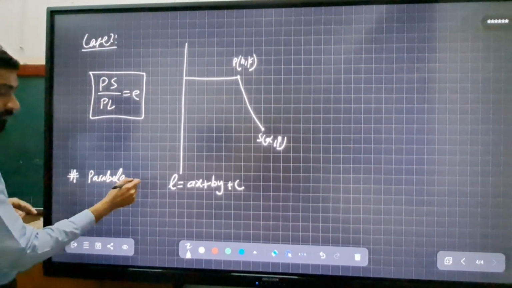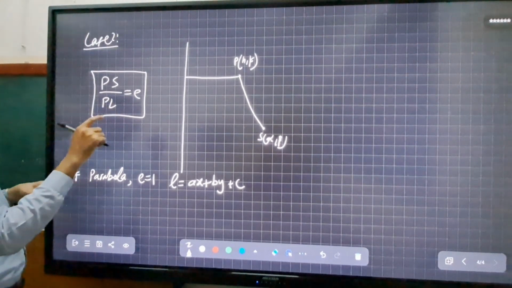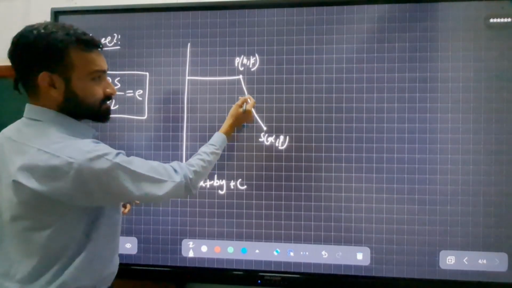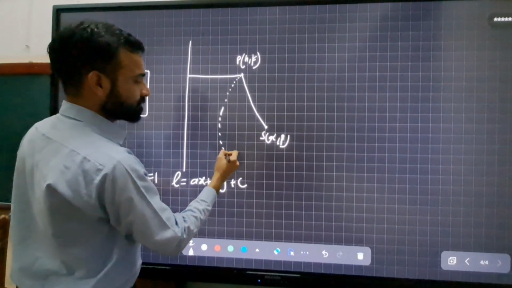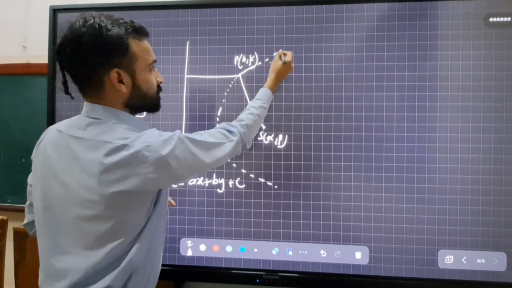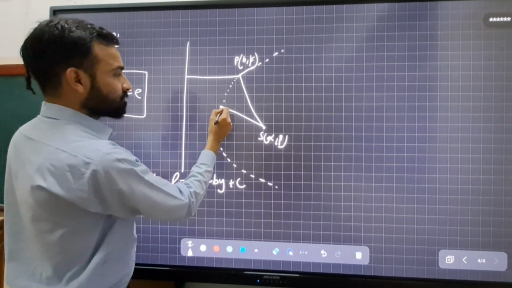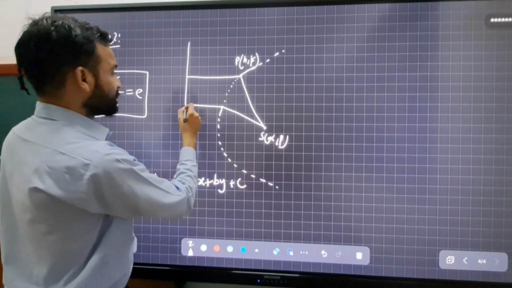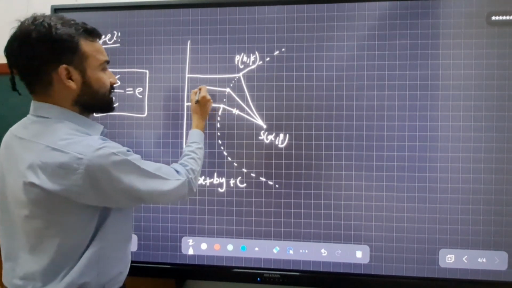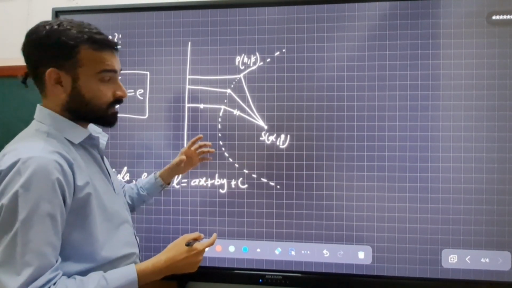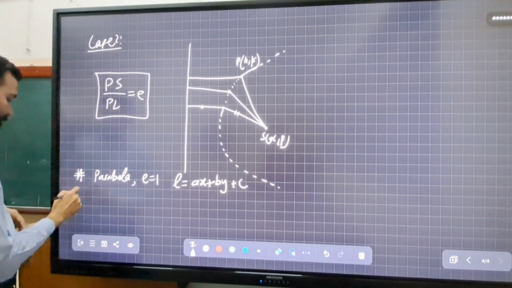Parabola if E is equal to 1. That means if the ratio PS by PL is 1, both are the same. If lengths PS and PL are the same, and we trace this point P, we will get a parabola. This is the focus. Similarly, if I take any point on this curve, the ratio of the distances will be equal to 1. That means these two lengths will always be equal. By taking these two lengths as equal, we get a curve, and the name of that curve is parabola. So for parabola, eccentricity will be equal to 1.